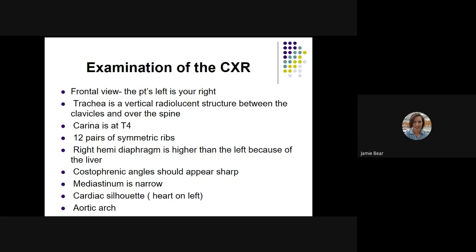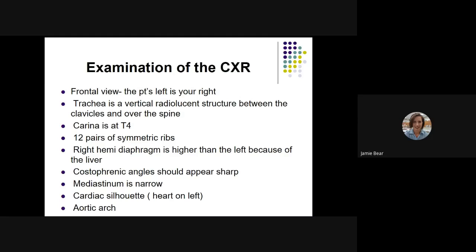The carina, which is the bifurcation of the left and right main stem bronchi, is located at T4, meaning thoracic vertebra number 4. There should be 12 pairs of symmetric ribs. The right hemidiaphragm is higher than the left because the liver sits on the right side, so it just pushes up the right diaphragm. The costophrenic angles should appear sharp, and costophrenic angles are right there where